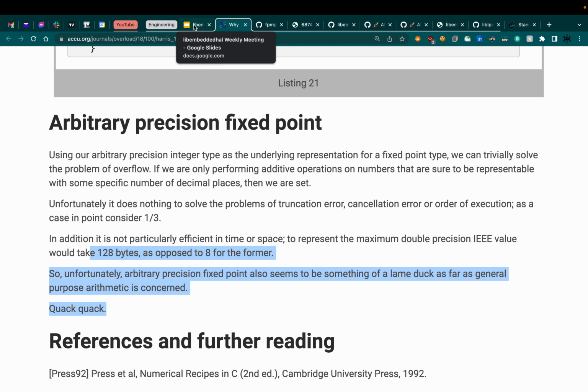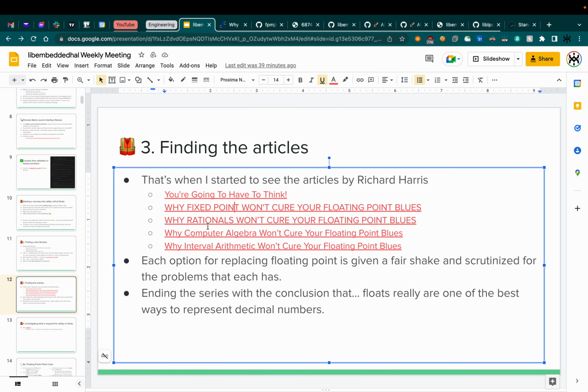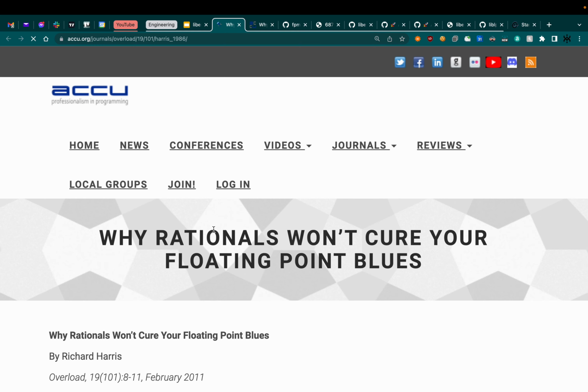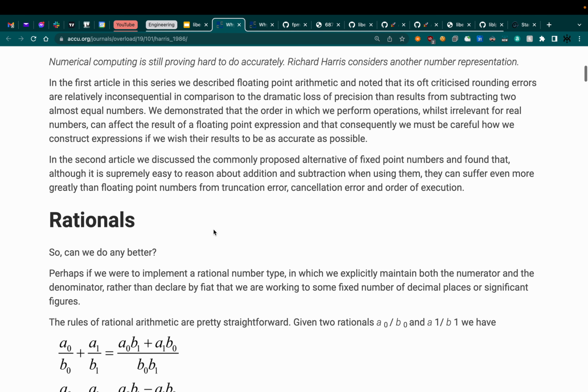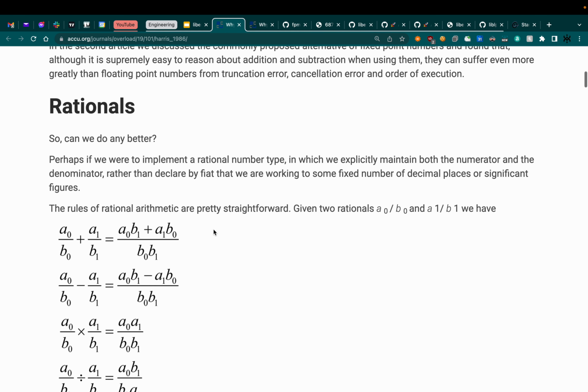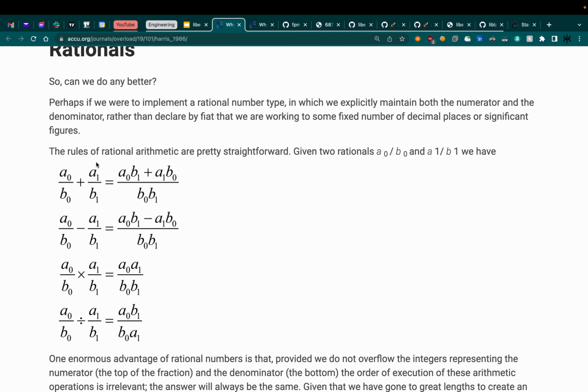But I'm thinking to myself, well, okay. And I look up some other things, and eventually I find another one of his articles. And then I realize he has an entire series of articles, specifically one on rationals. Well, why not simply just use rational numbers? Have some integer on top, some integer on the bottom, and you're good to go. Look at these equations. You don't have to worry about really anything because,